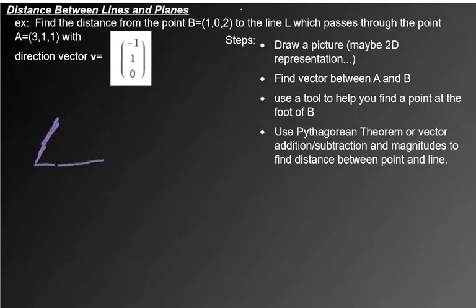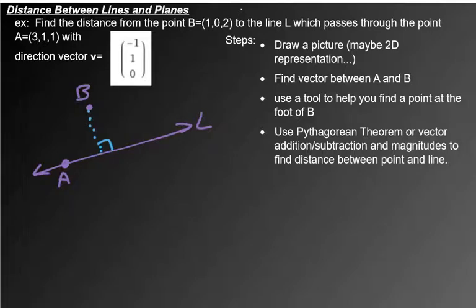So I'm just going to draw an arbitrary plane. Okay. And we're doing a line. We're going to do a plane in a second, so that's why I was thinking that already. So say you have a line. There we go. This is the line L. And I'm just going to say this is point B up here. And line L has A on it. Okay. And we want to find the distance from B to the line. And that distance is always measured